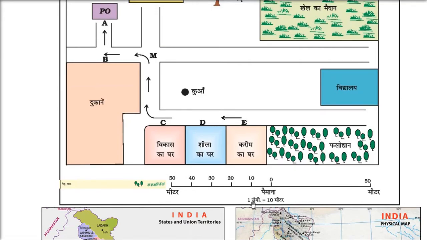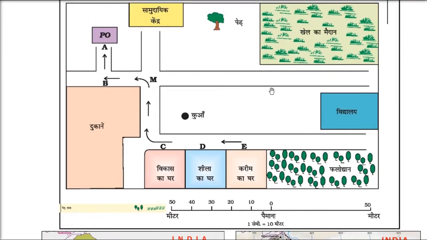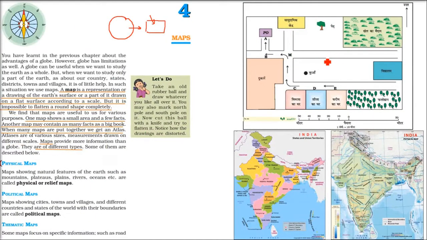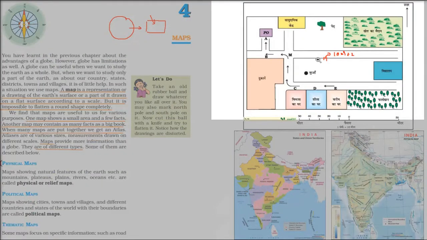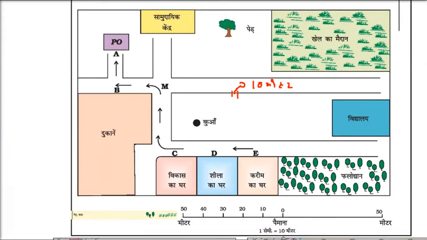So one thing here is the scale. This is a scale, and the scale is 1 centimeter equals 10 meter. That means if you take a very small unit part, 1 centimeter here, that is representing 10 meter of actual ground. Actual 10 meter is shown here as 1 centimeter. You cannot show the whole area on a paper. The area is quite big. So if you want to show it on a screen or a paper, you need to have a scale.